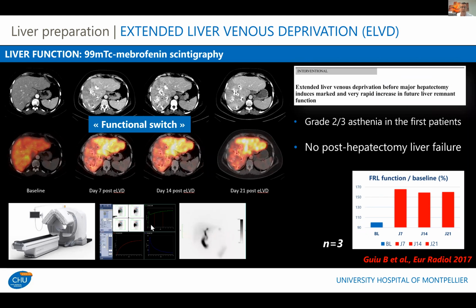If you look at this SPECT CT, at the beginning, the function among the liver is obviously homogeneous. After venous deprivation, you can see this kind of functional switch from the right to the left lobe of the liver, so from the embolized liver to the non-embolized liver. And we got even more functional increase than the volumetric increase. And at the beginning of